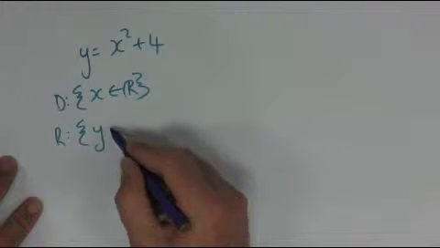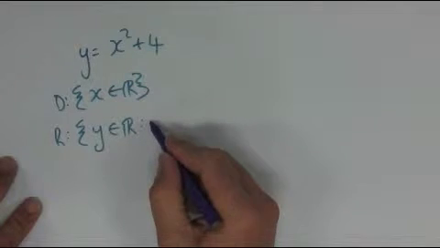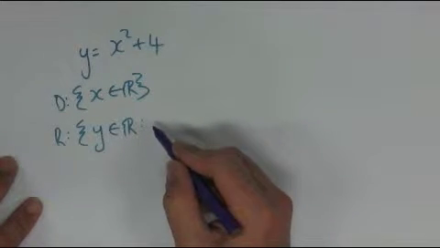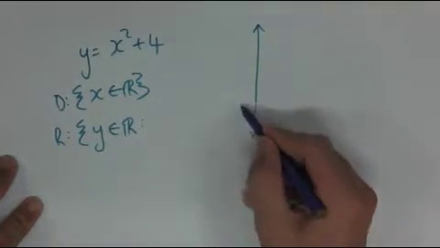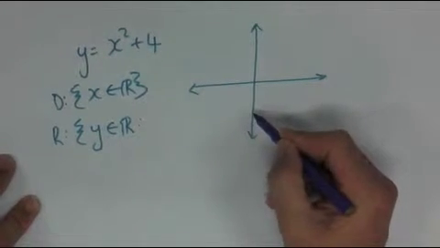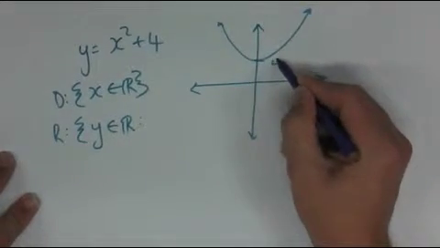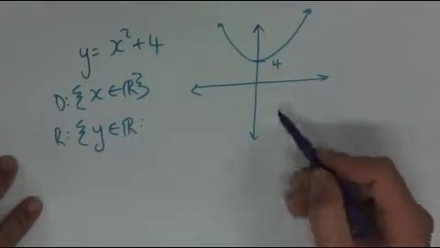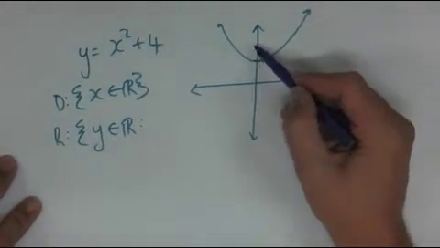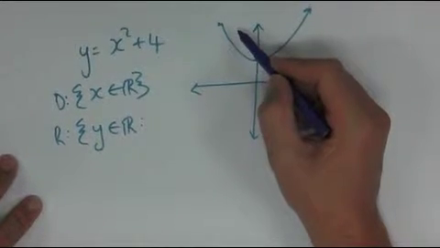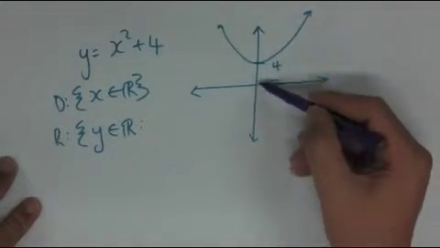I'd say that y could be any real number such that, though, something very special here, y can't equal some values. And if we think about our graph of y is equal to x squared plus 4, that would be a parabola that would go through the value 4 as its y-intercept. Now this means that anywhere along here, all these values of y, my function could equal. Likewise, going this way, all these values of y up here, my function could equal. My function is never going to equal anything that's in this area down here, or any of these values of